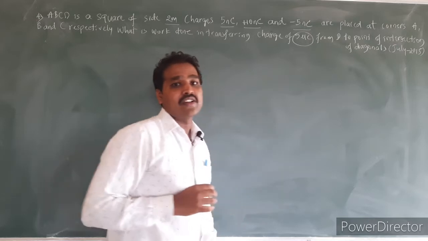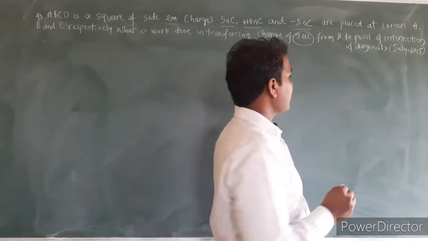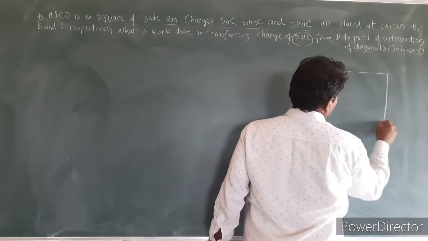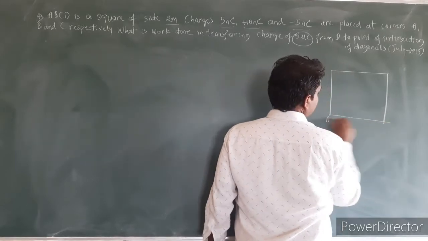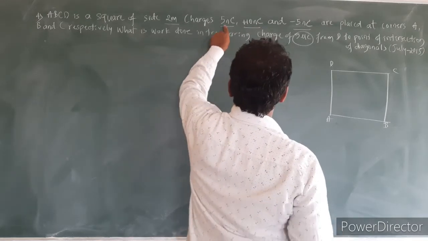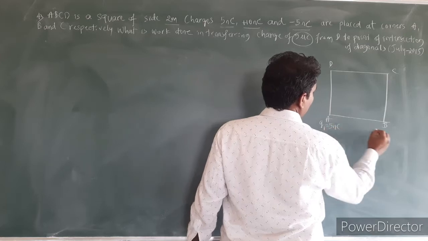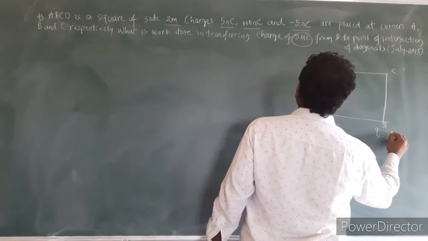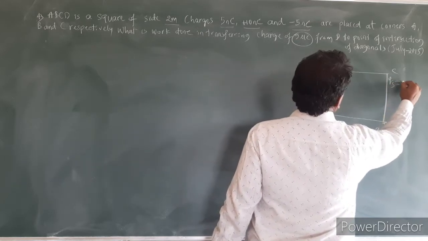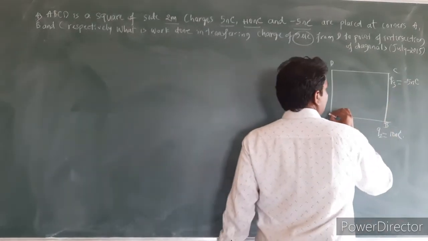Okay, so this is one of the regularly asked questions, and this question was asked in July 2015. Now let us draw the figure given. We have a square of side, ABCD is a square here, and the charges are 5 nanocoulomb. Let me write it as Q1 is equal to 5 nanocoulomb. Q2 is equal to 10 nanocoulomb. Let us write them in sequence. We have Q3 is equal to minus 5 nanocoulomb. Okay, and let us join the diagonals here,